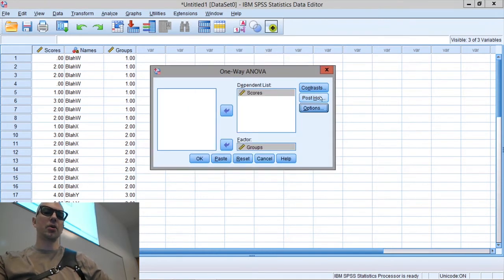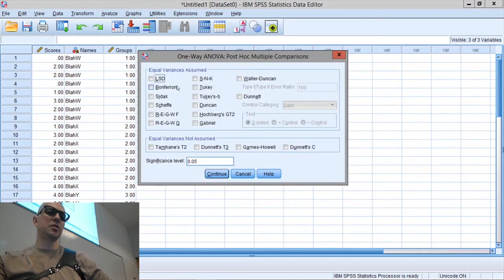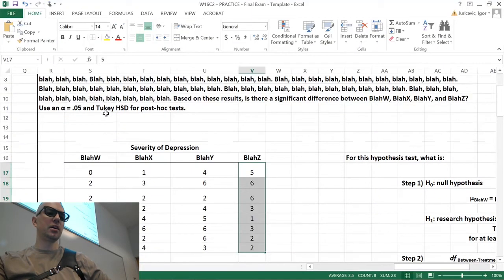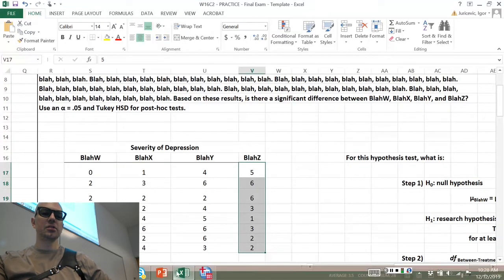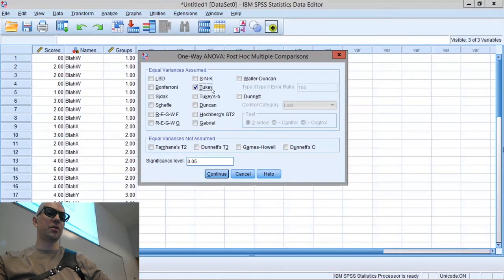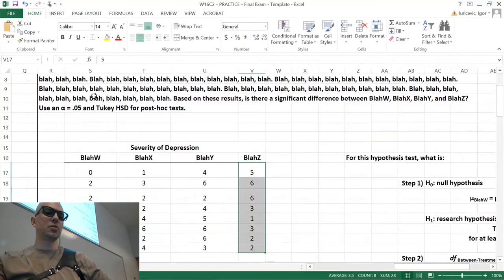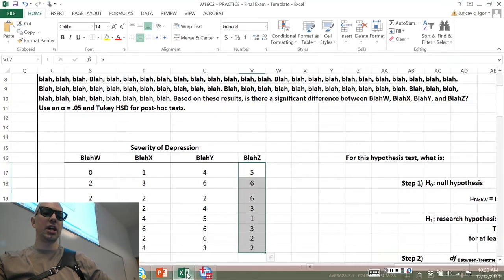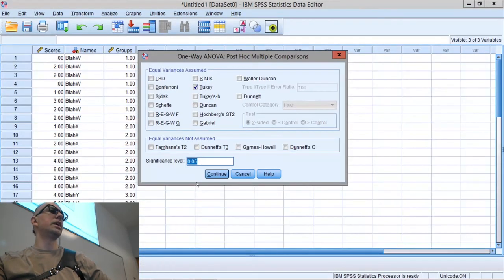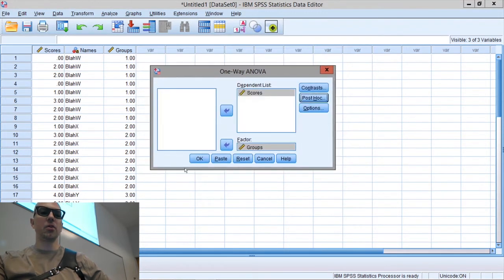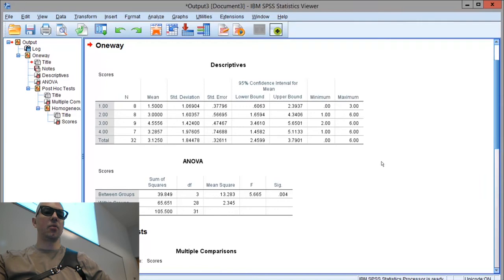And then we're also going to go to Post Hoc. If we were asked for a Bonferroni test, we would click Bonferroni. If we're asked for a Sidak, we'd click on Sidak. But we were asked for a Tukey honestly significant difference, so we are going to click on Tukey. That's the one for Tukey honestly significant difference, just Tukey. And then the last thing we want to do is change this significance level to whatever our alpha level is, and it will be a double check when you're doing your post hoc analyses. So when we have all that set up correctly, we hit Continue, we hit OK,